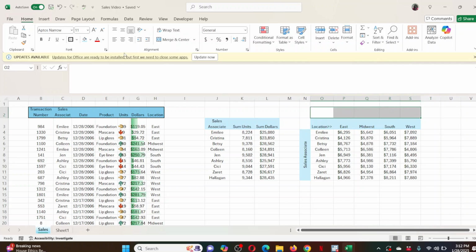I'm going to merge the cells and I'm going to say these are revenue generated by sales associate and location. I'll tell you why I've put this header there in a minute when I'm creating charts. But these are all of the summaries I've asked you to create. If you had more than